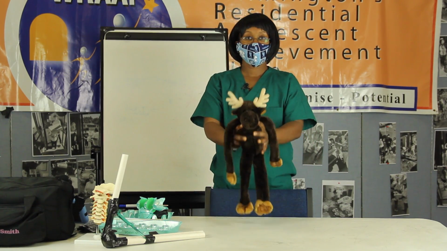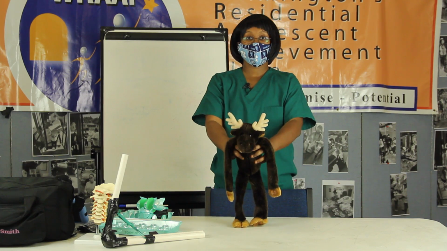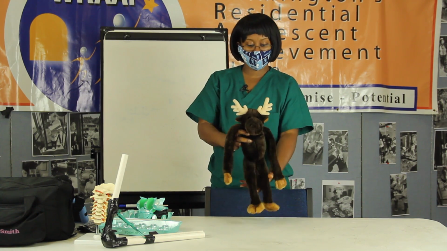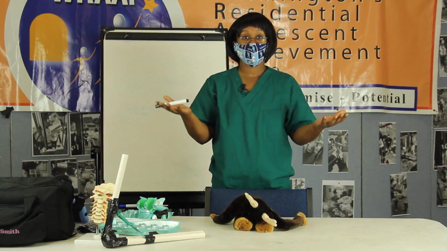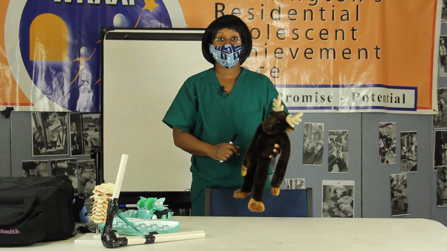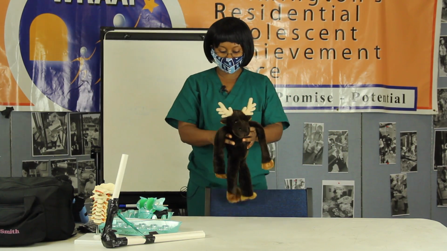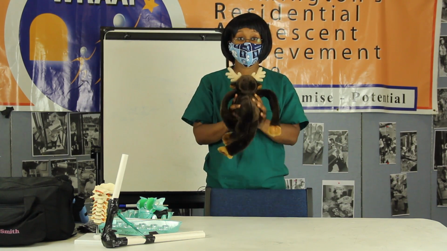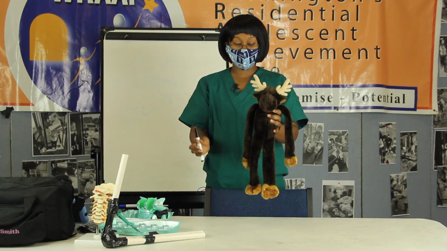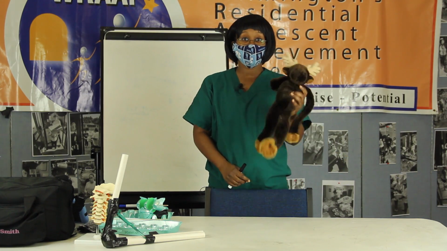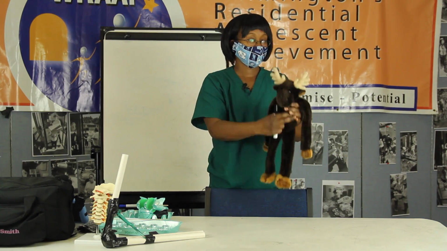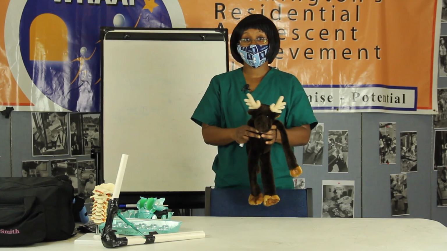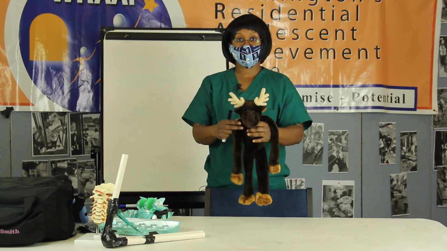If he had a nice framework inside, a very rigid framework, we could at least find a way to stand him up or to sit him down without our help. That's what our skeletal system does for us. It also protects our bodies. So if Mr. Moose had something thrown at him, and if he was alive, he's so soft that it's going to hurt him. That's going to cause some serious damage. Our skeletal system protects us that way.